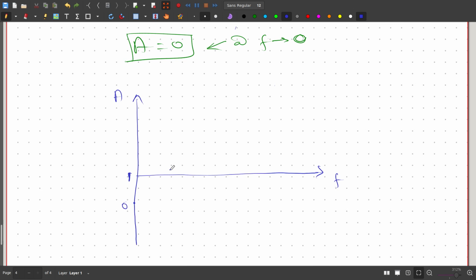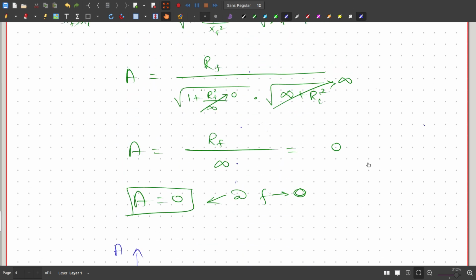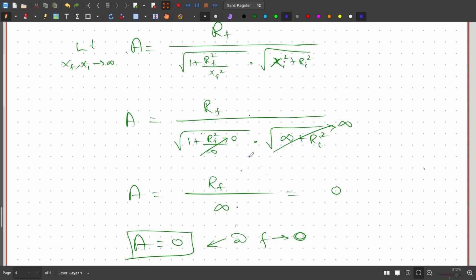Therefore at very low frequency, the gain of the amplifier is at this 0 level, and as the frequency increases, the gain starts to increase. Okay, and it reaches 1. So this is an important line. We have to derive how the gain equation is equal to 1. Okay, so for that,